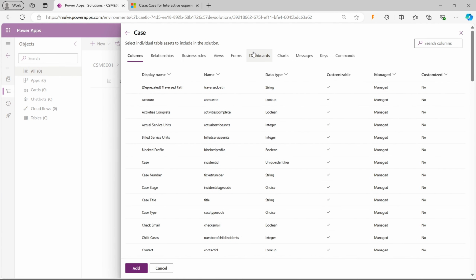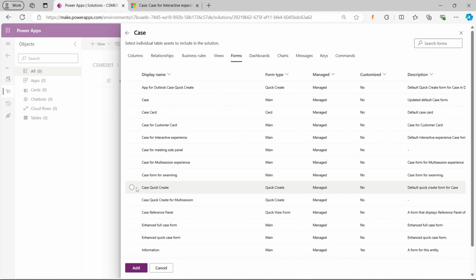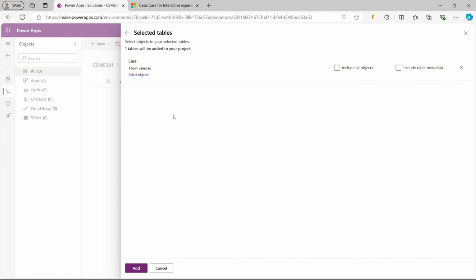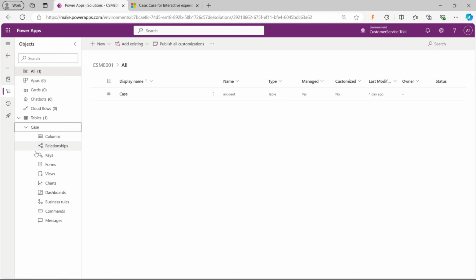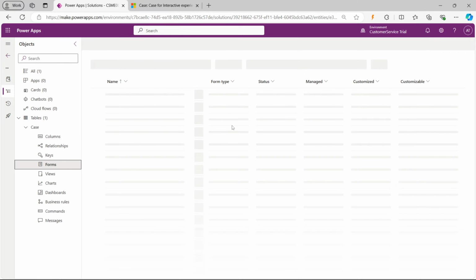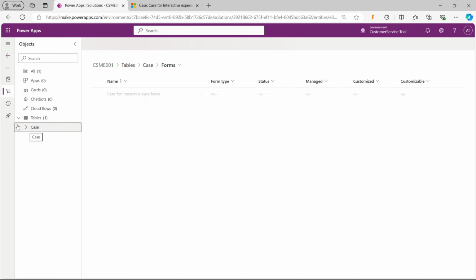We will go to forms and we will add the main form here. Click on add. After this we also need to add the web resource as well. So basically we have added a case entity and the form only. So on that form load we will do our